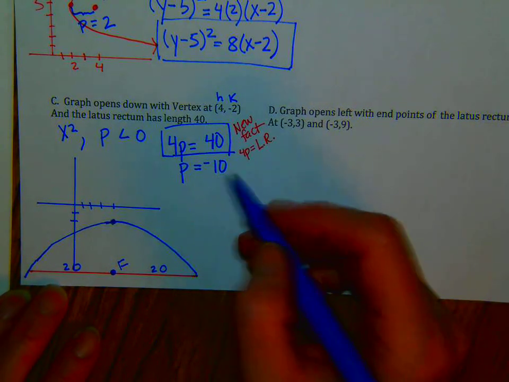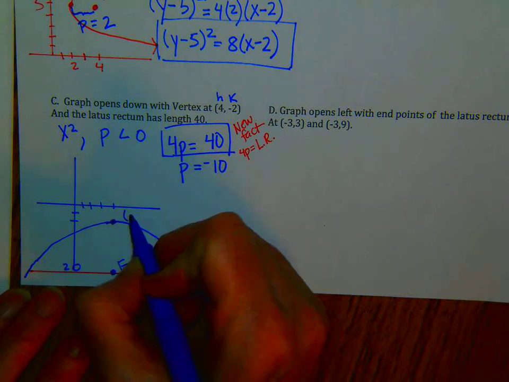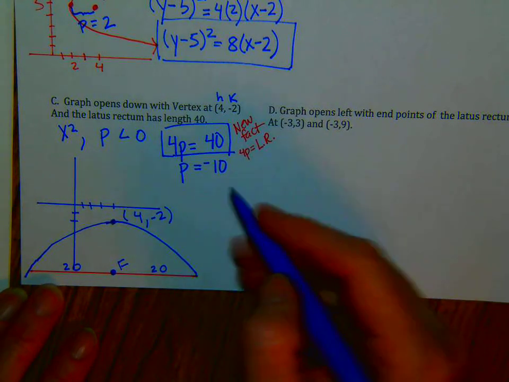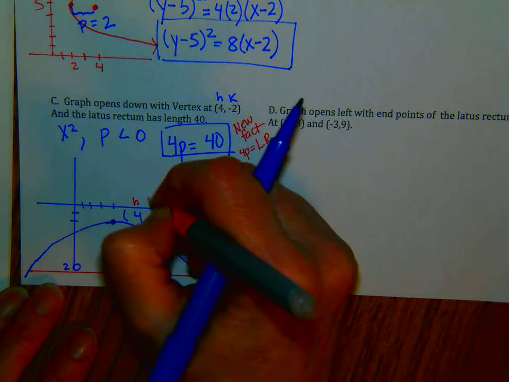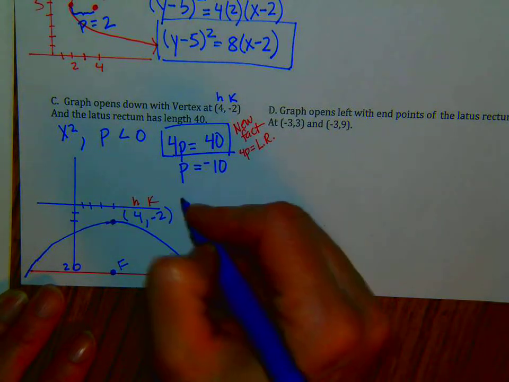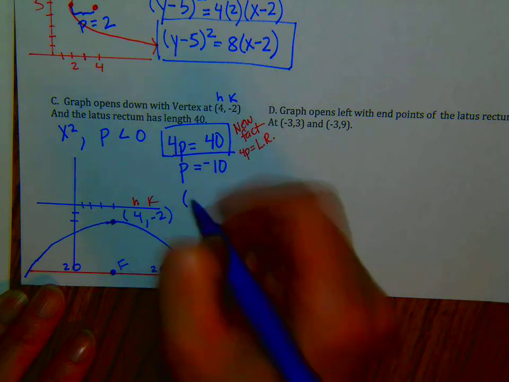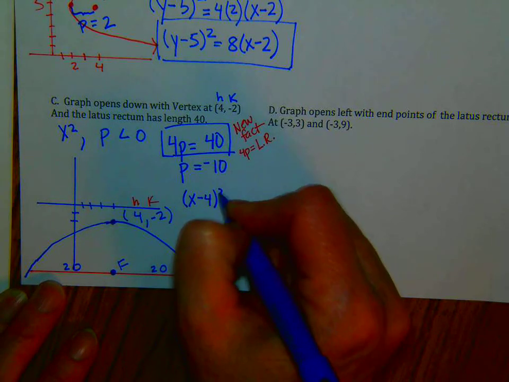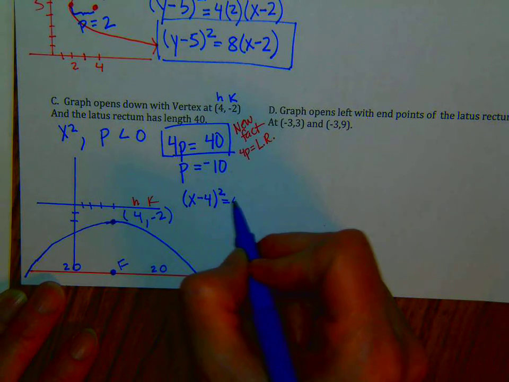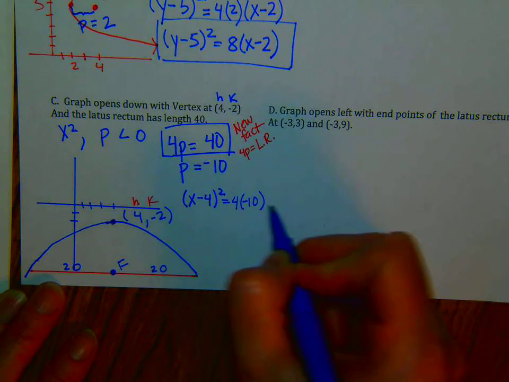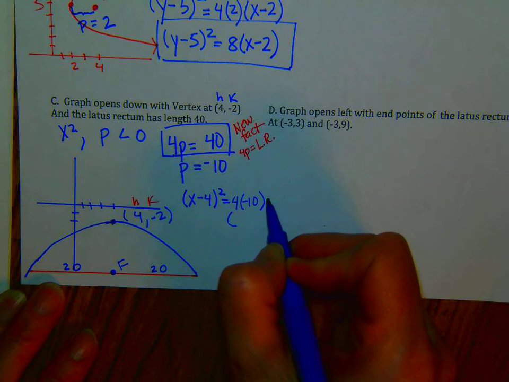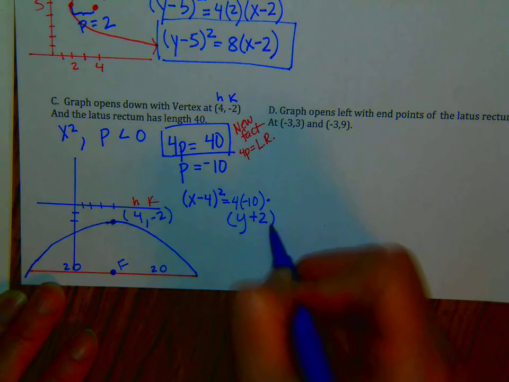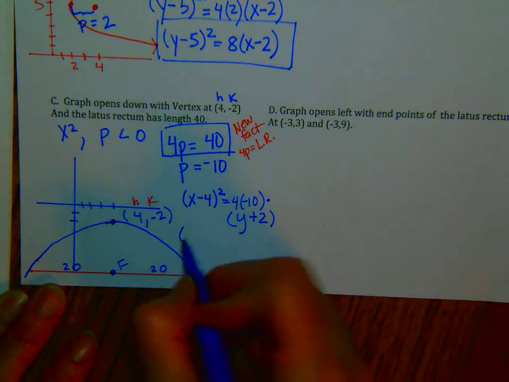-10. So now I have a vertex at 4, -2. I have h and k, so I have everything I need to write the standard form of the equation. This is a parabola opening downward. So we have x, the x is squared, x minus 4 squared equals 4 times -10 times, sorry, I'm going to write this next to it, times y minus a -2. So minus a negative becomes positive. Let's write that again. X minus 4